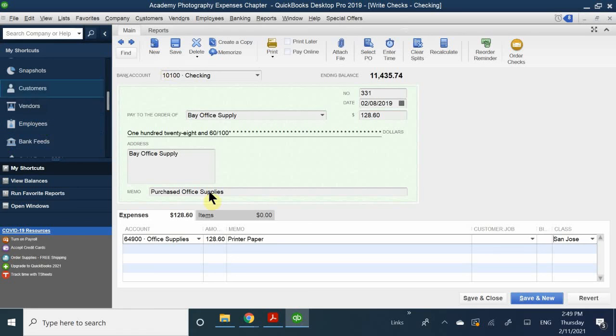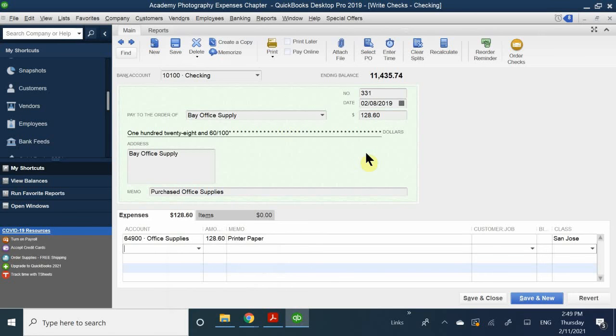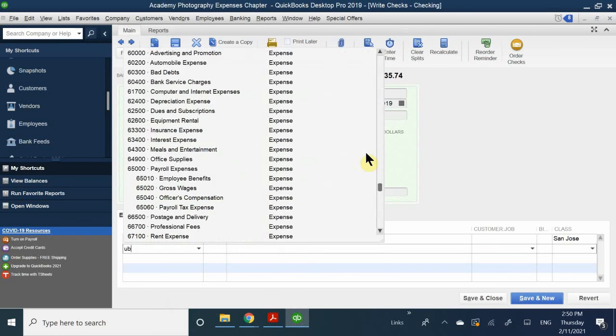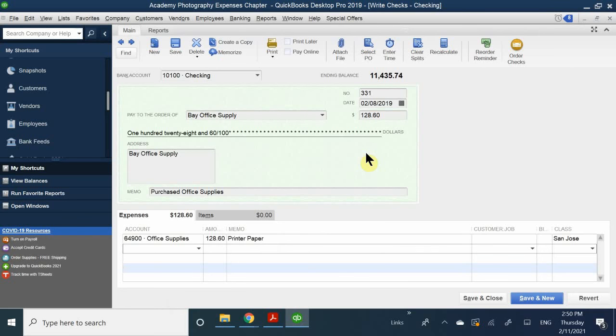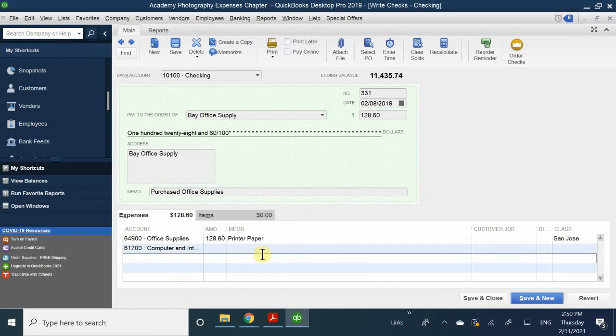Okay. All right. So now that I associated that I did buy office supplies, in this case printer paper, for my San Jose location, I also purchased internet cables or computer cables for my Walnut Creek location. So in this case, I believe the account is going to be internet expense. Computer and internet. Oh, yeah, computer and internet expense. Good. Right? Because I actually bought